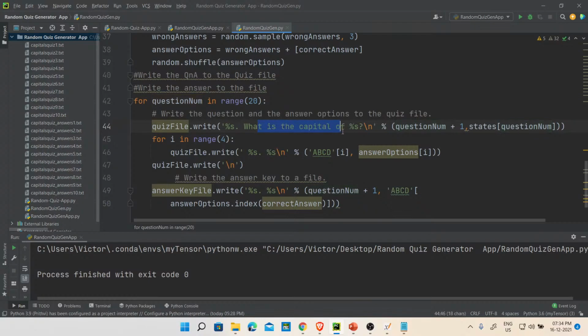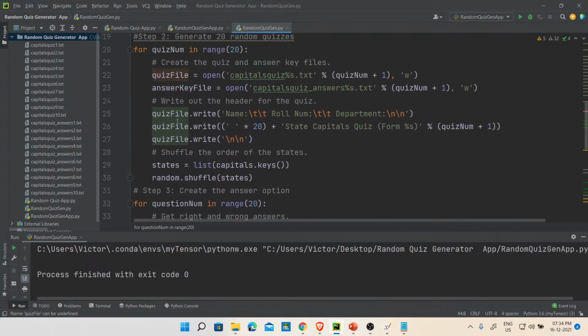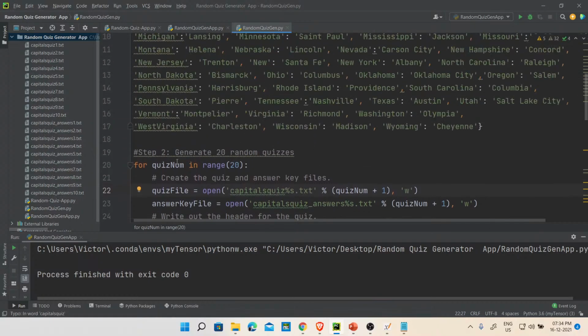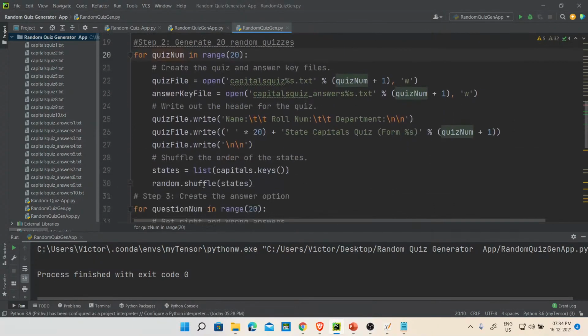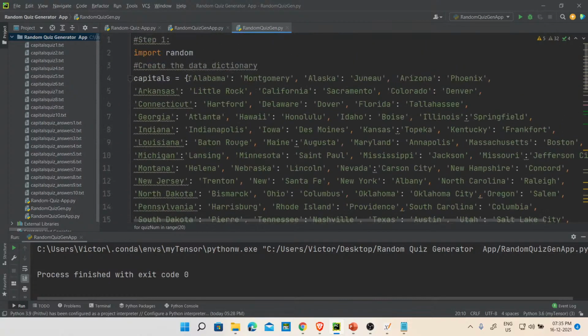What is the capital of? Pick it from the dictionary, right? It's from the quiz file. You go back up there, you see the quiz file, right? Open this, the capital quiz. So this quiz file is what we are picking things from, the dictionary here. So what is the capital of the first one, Alabama? We know it is Montgomery. It's going to take Montgomery as the value.